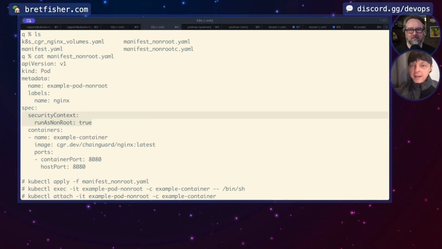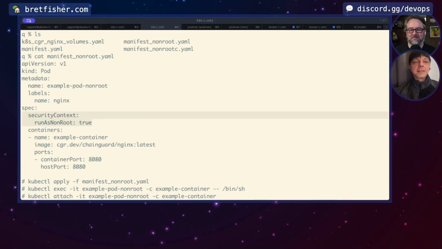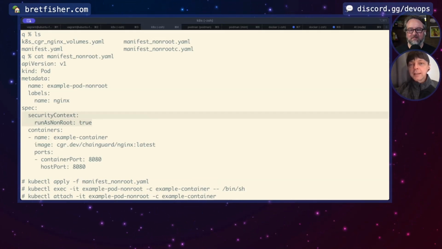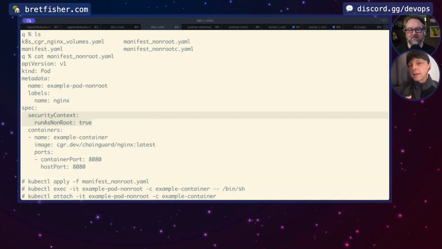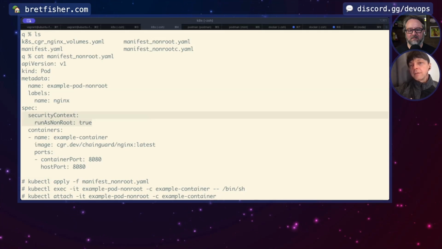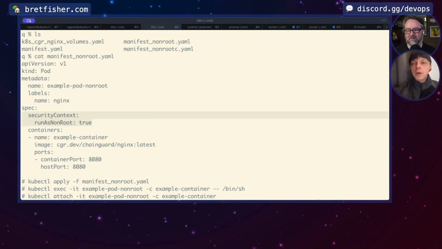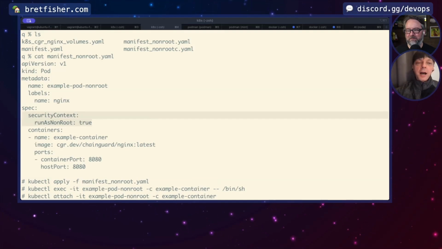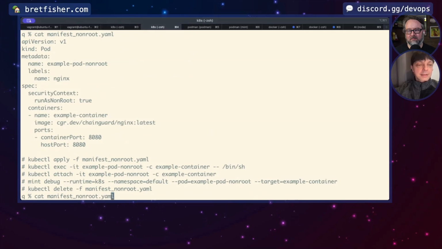And it's yet another example of having to know low-level details, especially when it comes to debugging, because now if you're using that netshoot container image or some other container image that happens to run as root by default, if you use kubectl debug, you'll get a cryptic error and you won't know what's going on. So unlike that flow, let's see, well,